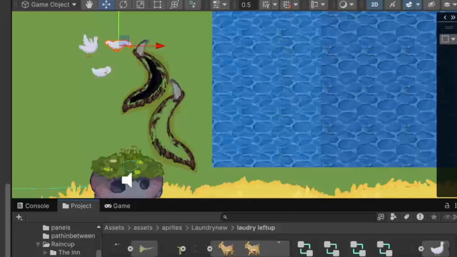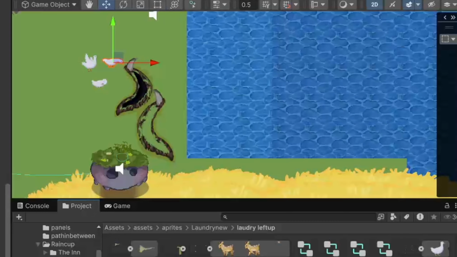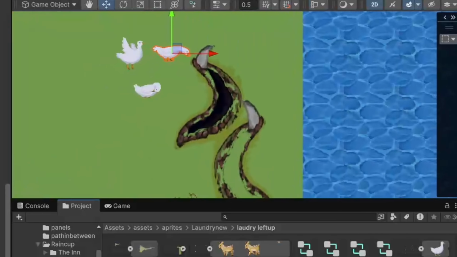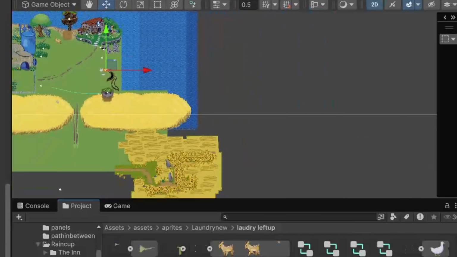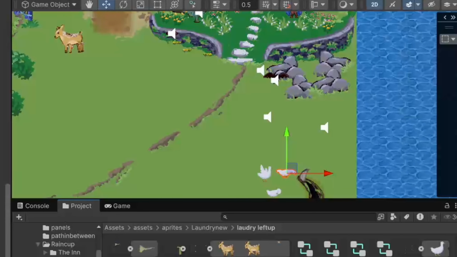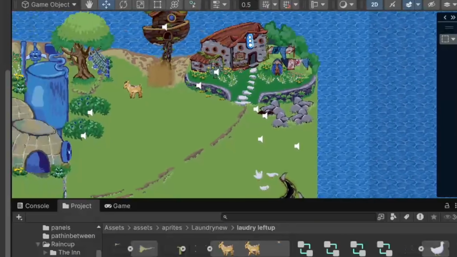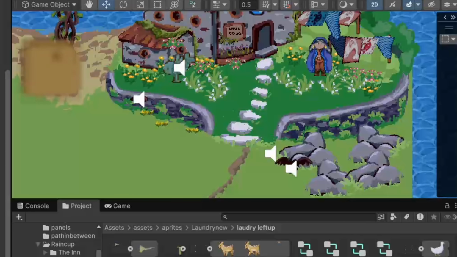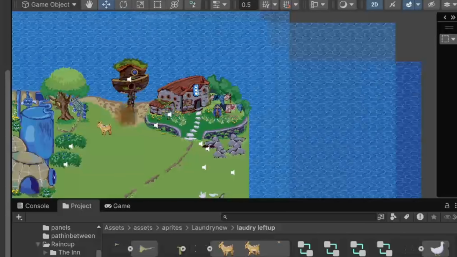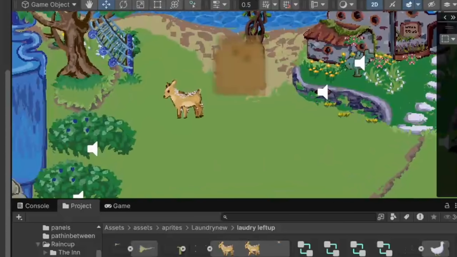I started using fewer frames. Before, I was drawing all four directions by hand. Now I started trying to flip a sprite more often instead of making more sprite assets. I also drew this deer, but after reviewing it, zooming in and out, I realized that it doesn't really stand very well in this environment. Even though I made all the frames of this deer, including idle and walking and all of that, I realized that it wasn't really working for me. So I had to redo the entire deer, and I do like the current version a little bit more, but I also realized that every time I do